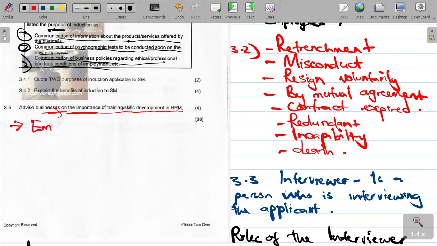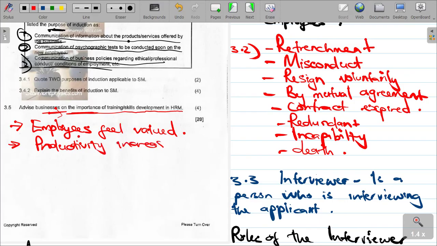They feel that they are valid and also they are part of the organization, right? Productivity increases when employees are trained, as well as